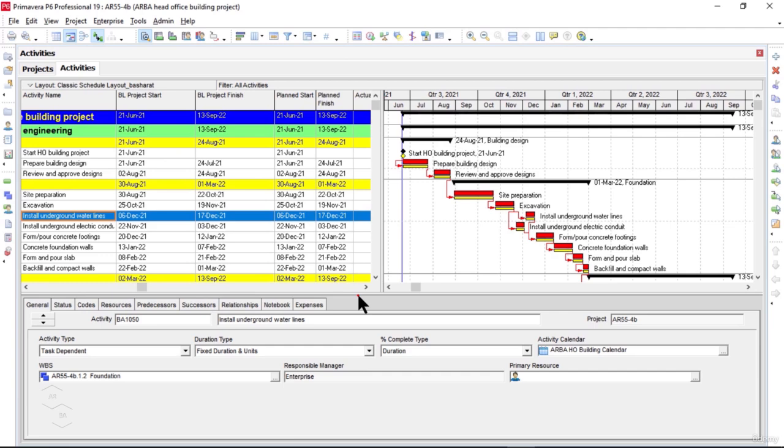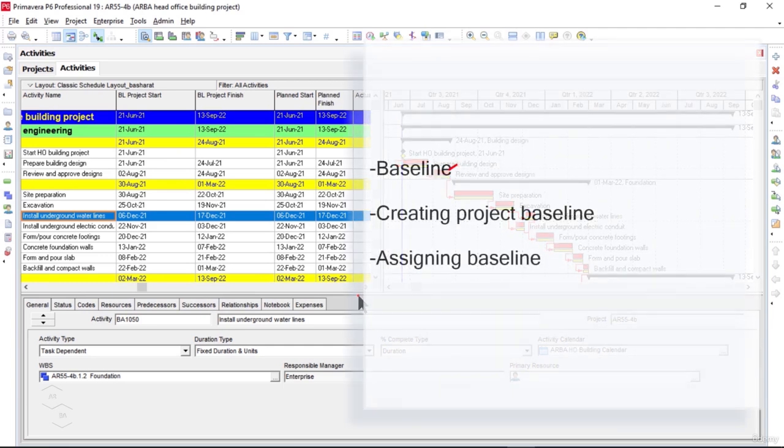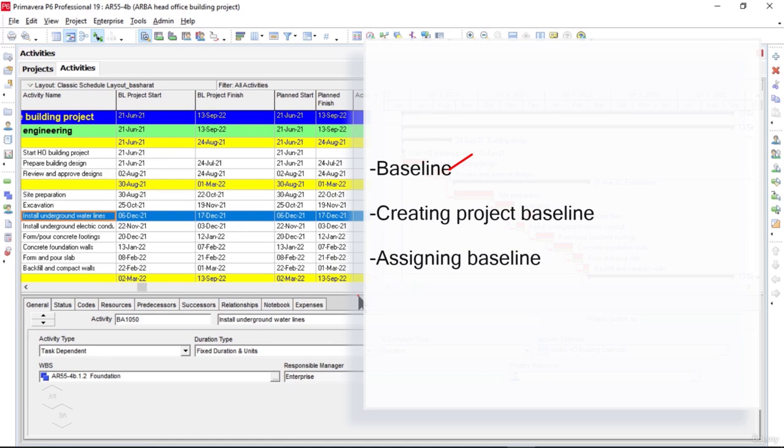Okay, great. We have finished this particular lesson about the project baseline. Let me quickly recap what we have learned in this lesson. We have described and learned the baseline concept in detail. Then we have learned the procedure to create the project baseline in Oracle Primavera P6. After this, we have also gone through and discussed the procedure to assign the baseline that we have created for our project already. Okay, then that's it about the baseline, and I hope the lesson has been useful for you,